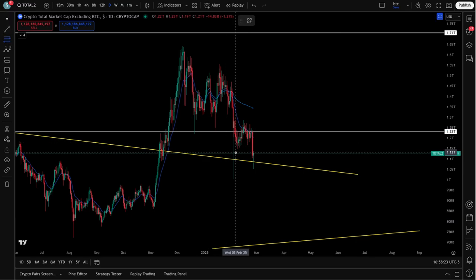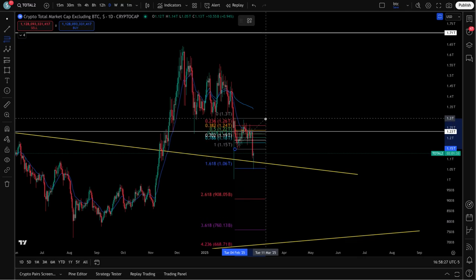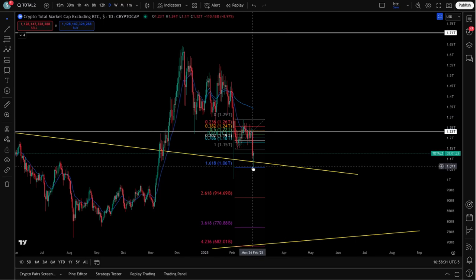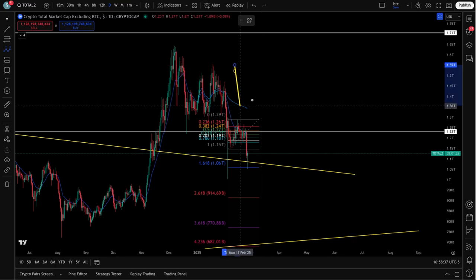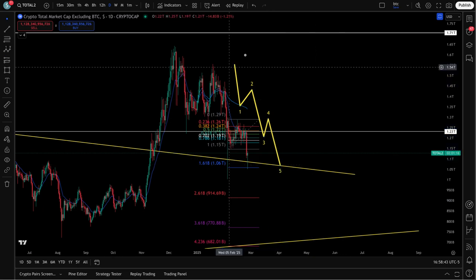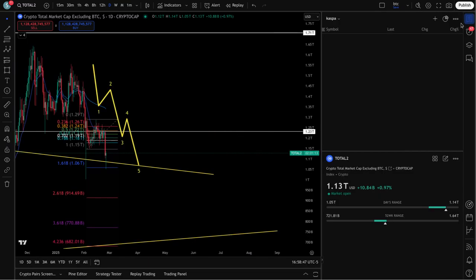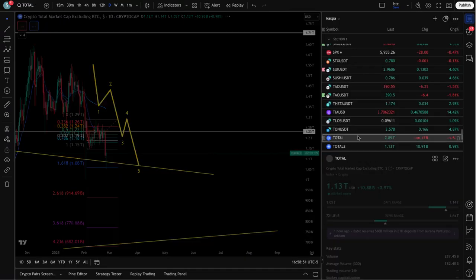Once again, we have that wick, but if we don't use that, we have a perfect 1.618 touch right on it and a bounce. All right, that's 5 waves put in here. 1, 2, 3, 4, and 5. All right, that should be a correction, should be over right there, right? That's the total 2, and then we have the total 1. That's the whole market cap of crypto,